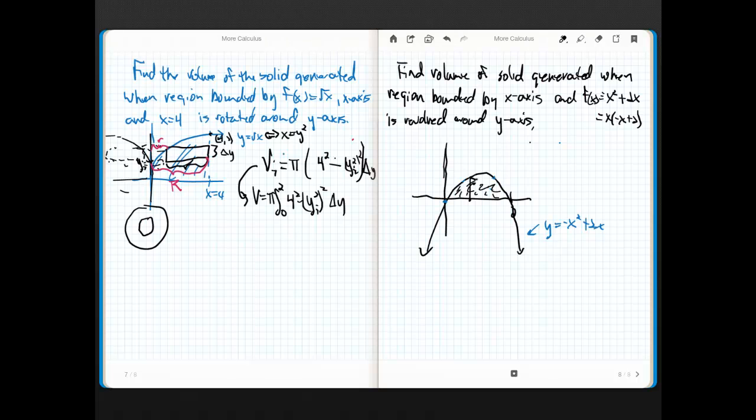What we're going to do is take a slice of action that looks like this. And this is going to be delta x, which is always really helpful, right? Because that helps us set up our limits and all that good stuff. And I'm going to rotate this thing through 360 degrees. What I'll end up with is kind of like a tuna fish can that has the top and the bottom cut out of it. Have you ever thought of those? They're called Russian nesting dolls. You know how they look like bowling pins, and when you open them up, there's a smaller one in there, and you open that up, and there's a smaller one in there. That's kind of what we're doing. We're creating a shell, a cylindrical shell, and when I stack a whole bunch of these together,